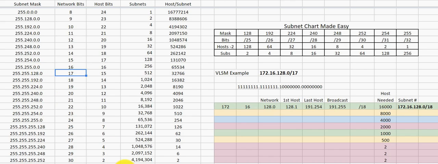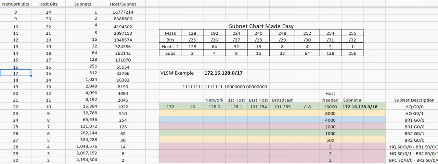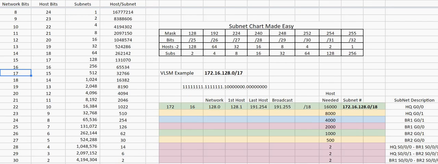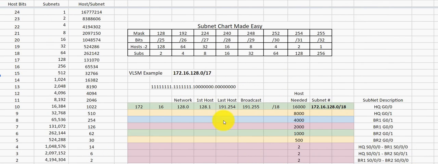And so we have available to us 32,766 available hosts. However, we don't need all that many, and we need to break that up because we have to get to this. If we just split it in half, we would have 16 and 16, but we need to keep breaking it up. We're going to keep breaking this up into smaller and smaller subnets until we get all of the subnets that we need. We're not going to break them up into separate and equal subnets. They're going to be smaller and smaller.